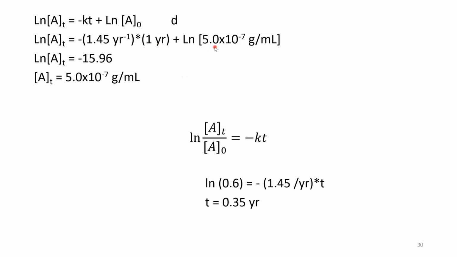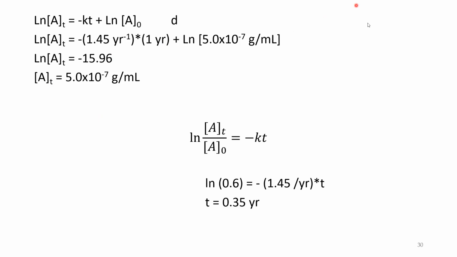And then with the initial concentration, just plugging that in as the natural log. And what we're going to see is the natural log of the concentration after that 1 year is going to be equal to negative 15.96. So in order to get this to that concentration unit, we just need to raise both sides to e. So we'll have e to the natural log of the concentration. The e and the natural log essentially just cancel, and then e to the negative 15.96 is going to give us,